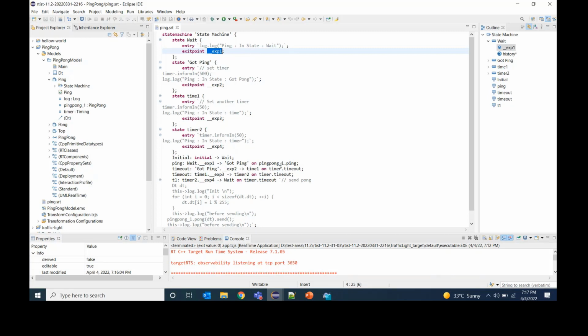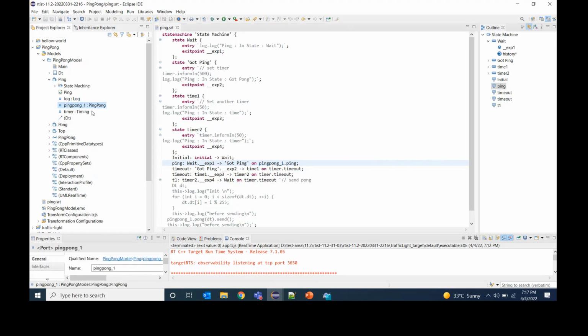And also if I have any ports, like port ping pong 1 is used, right? If I want to navigate to the project explorer, I can just hold control and click. You can see it got navigated to the project explorer. And the same thing applies for events also. You can see it navigated to the event in the project explorer. And the same thing applies for